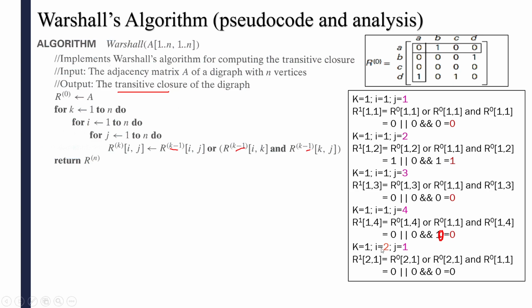Okay. So next is what? Now j is 4. How many times can this j value increment? How many vertices are there? 1, 2, 3, 4. Up to j equal to 4 you can increment. When you increment j to 5, then this for loop condition fails. If it fails, then you have to go and execute this for loop here.